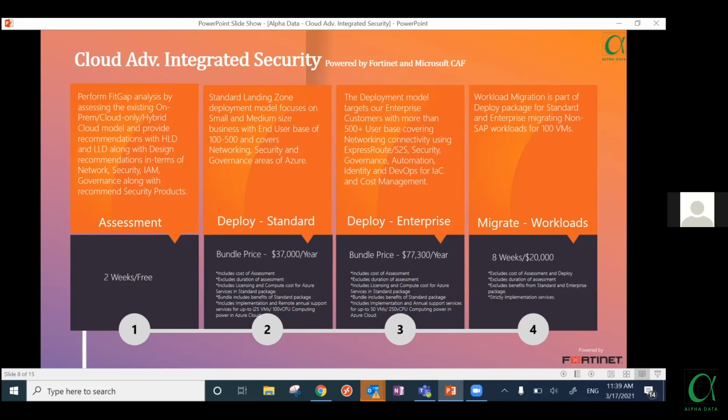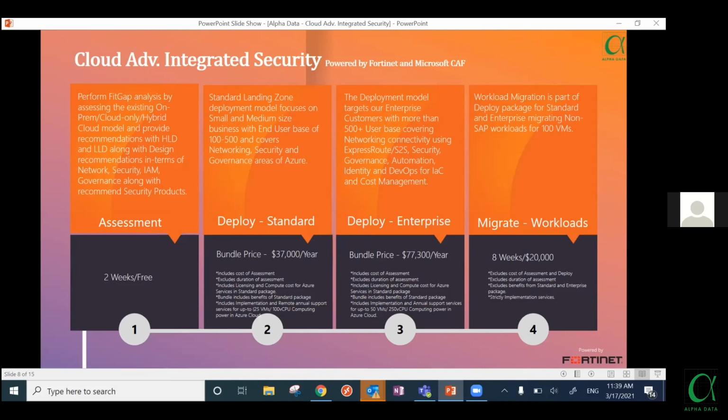In the enterprise, we are not only covering the networking, security, and governance like we covered in the standard, but we are also covering the automation, the identity, and the cost management as well. So the enterprise package is a little bit higher in terms of pricing, but it covers remote annual support of 50 virtual machines.